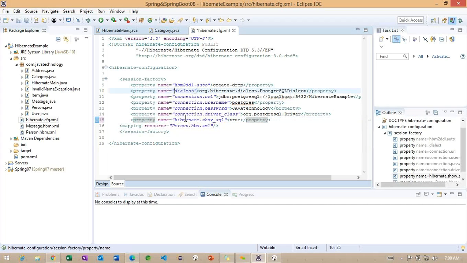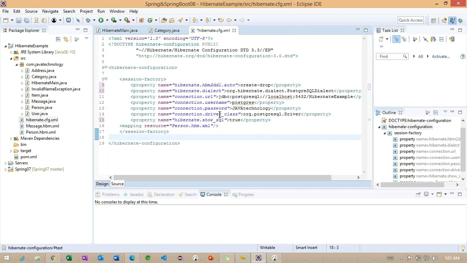So Hibernate, and whatever the Hibernate related properties we are going to have, we need to specify the key as hibernate dot dialect, and as well we can make it hibernate.hbm2ddl.auto. Getting the point?